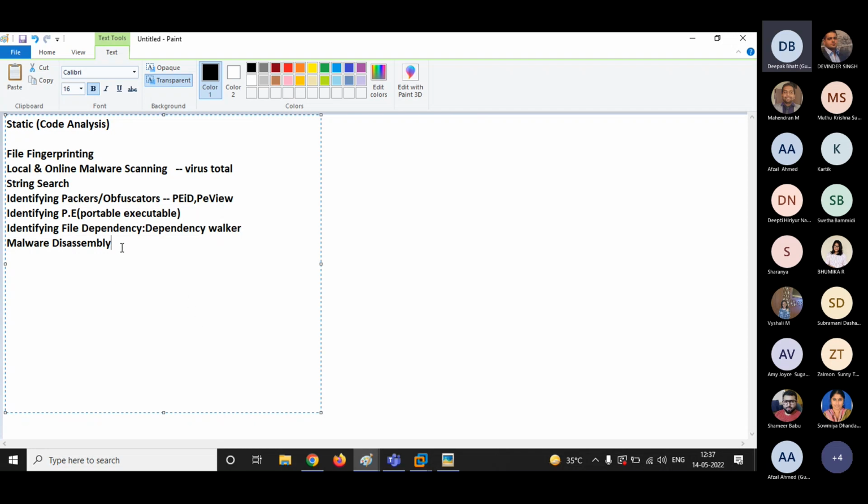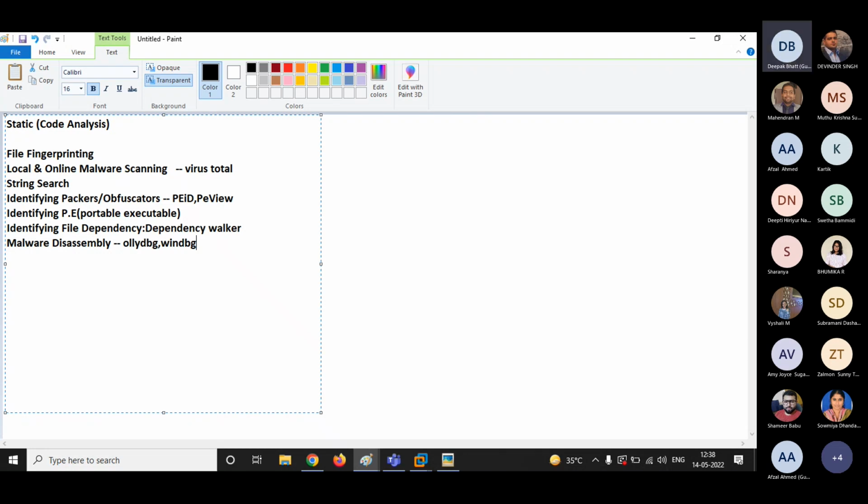For malware disassembly, we have a very famous tool known as OllyDbg, or we have WinDbg. These are the types of software that you'll be using to perform static malware analysis. Am I clear?